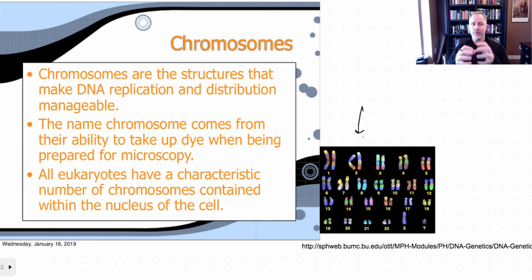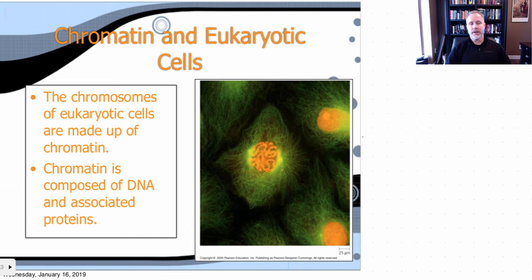chromosomes, puts them into a form like you see here that can be easily organized, easy to organize from a cell standpoint too, and then divided up so that each of the daughter cells contains the correct amount of DNA. Okay. So if you look here, first thing you notice is just the colors, hence the word chromosome like we talked about earlier. But chromosomes in eukaryotic cells, we said, are made up of chromatin, and this is really a DNA and protein complex. And again, it's a way to organize the massive amount of DNA that you typically find in a lot of eukaryotic cells.